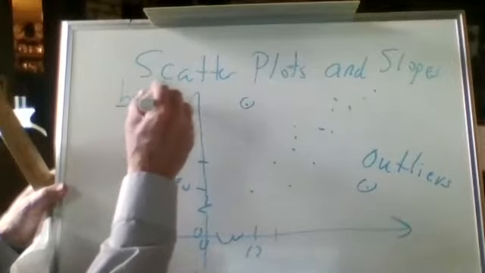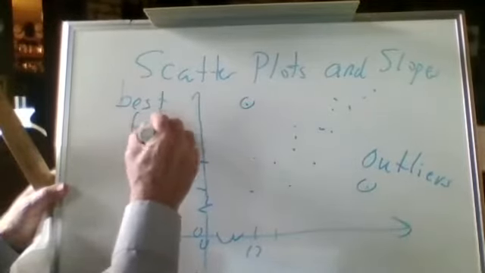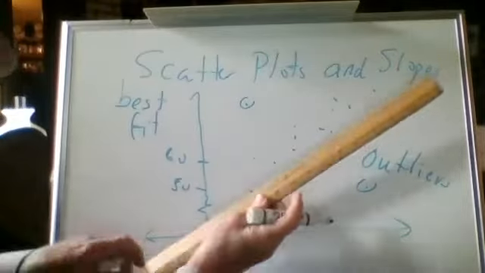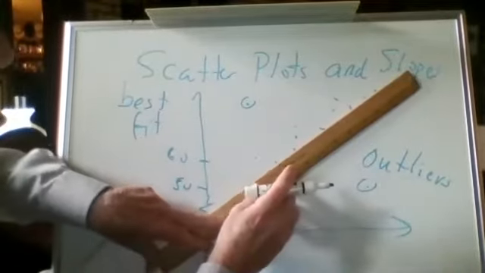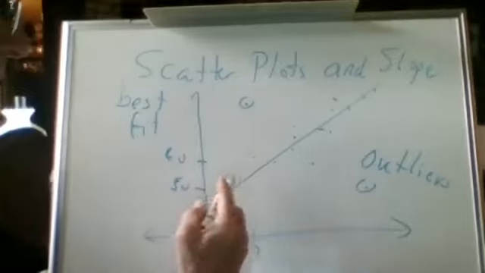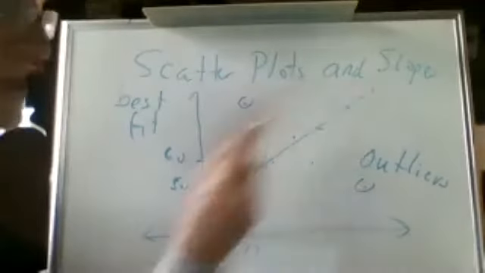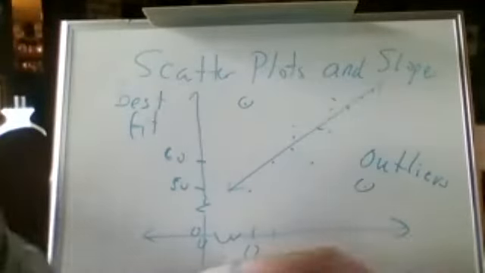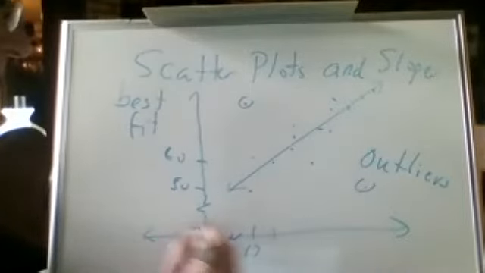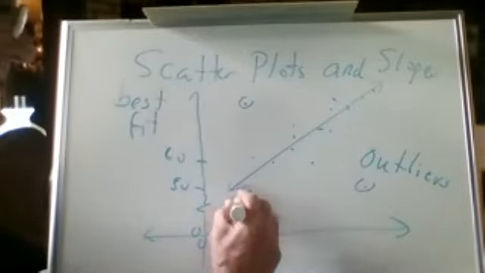Best fit lines, we call that because you look for the line that fits the data the best. So you just kind of draw what you think is roughly what might be a line that might go through your data, okay? It's going to be rough, and obviously everybody's not going to get the same answer with the same piece of data, okay? So that's my best fit line. And what I'm going to do is try to write an equation, typically called a regression equation, okay? So a regression